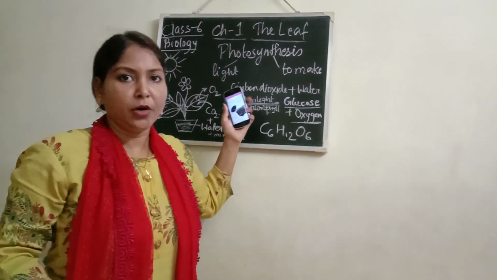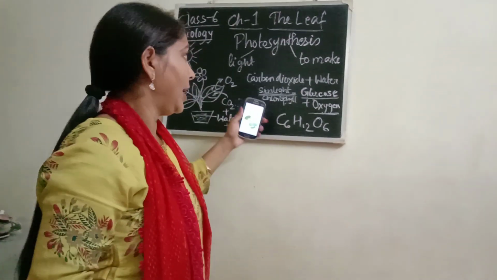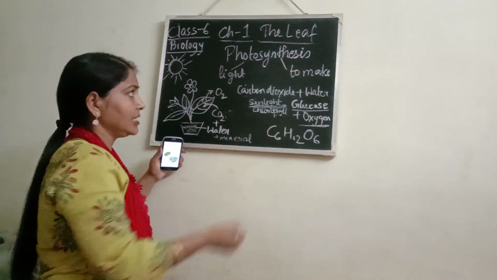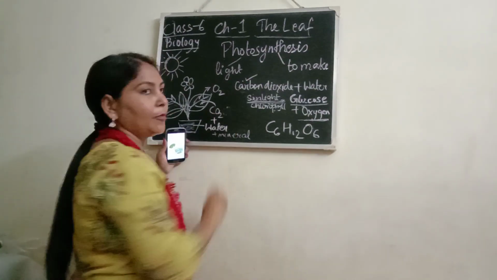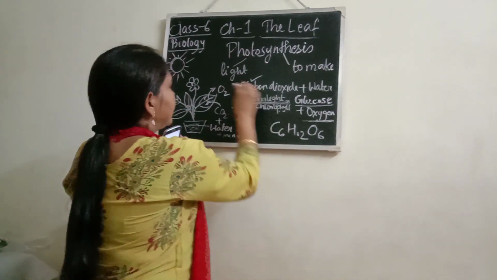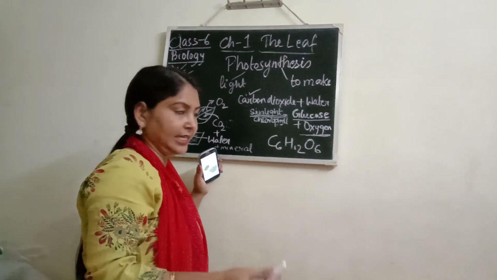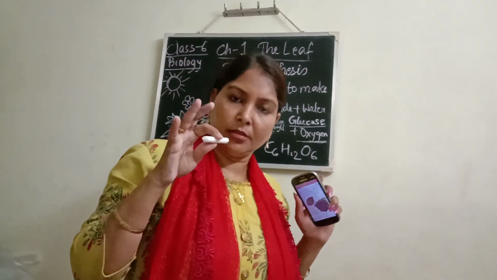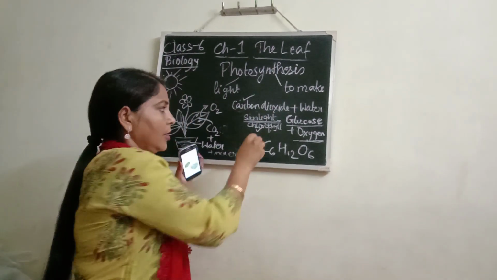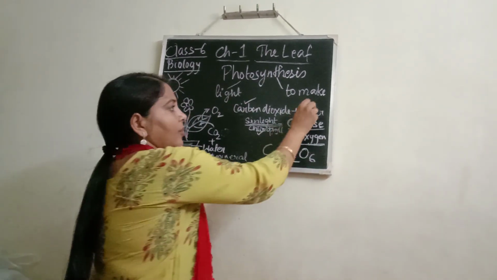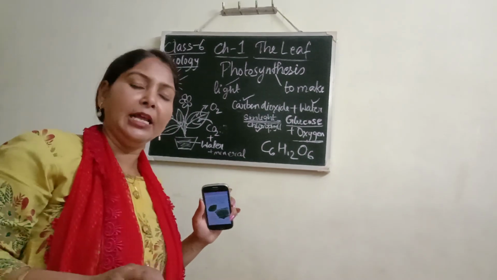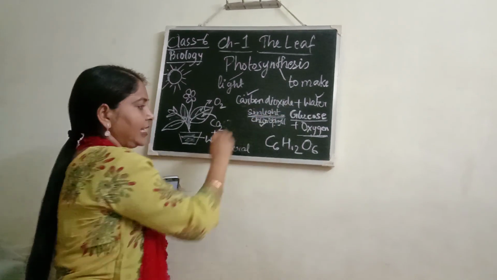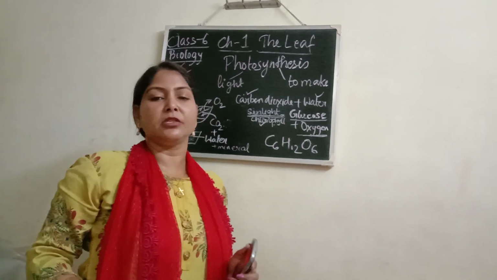So for photosynthesis, these are the requirements. What are the essential requirements of photosynthesis? Carbon dioxide, which the plant traps from the air; then sunlight, which gives the light energy; then chlorophyll, which is present in the chloroplast, in the leaves; then water they absorb from the soil, and also they absorb the salts, that is the minerals. So these are the essential things needed for photosynthesis to occur.